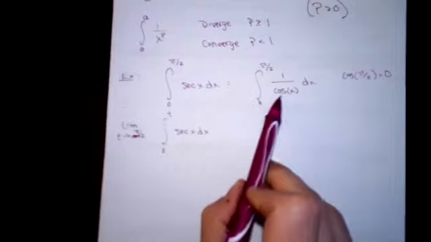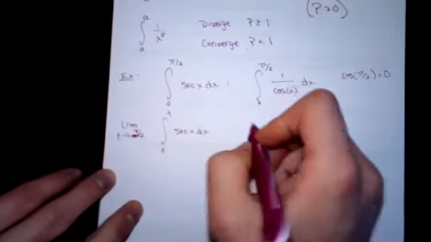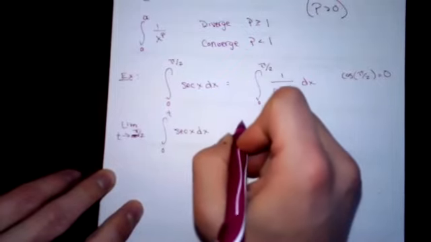Have you guys done this one yet? Has this shown up on any homeworks? I think it has, isn't it tangent secant? No, it should be like natural log of secant plus something else. You need integration by parts, right? So we can't integrate this outright. It's 1 over cosine. I can't do a u sub here because it's not going to be nice. We have to do integration by parts. And unfortunately, I don't know if it's a pretty integration by parts. It might take a little work. Let's try to get through it real quick.